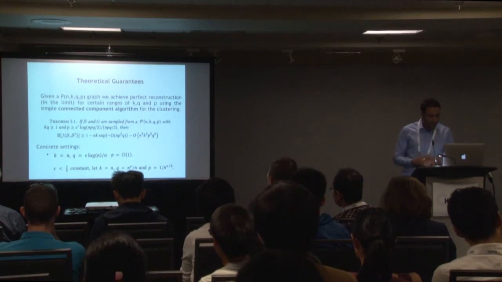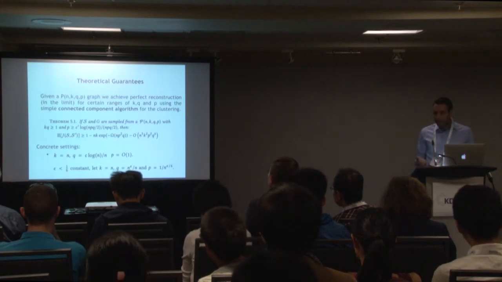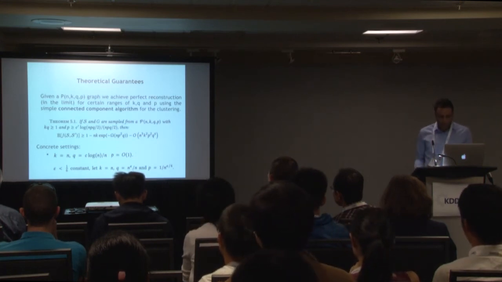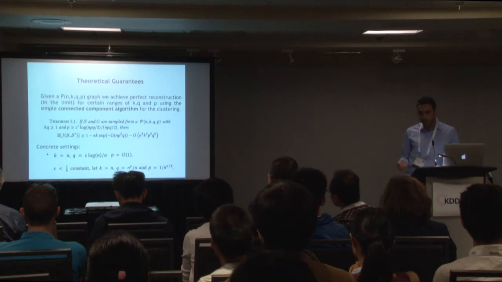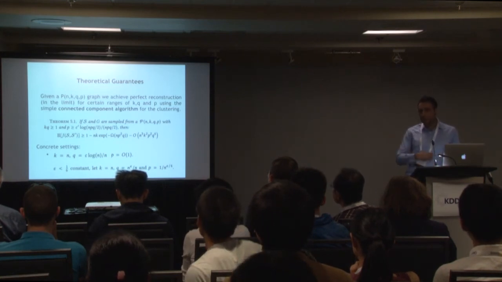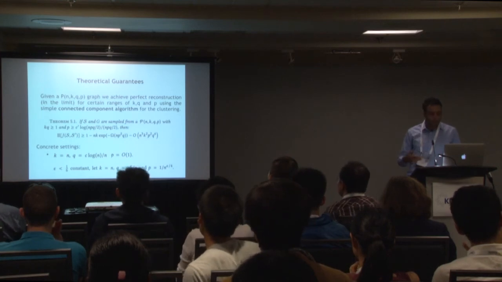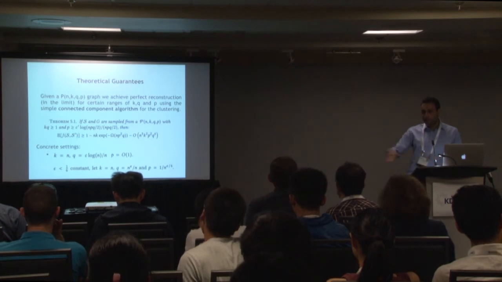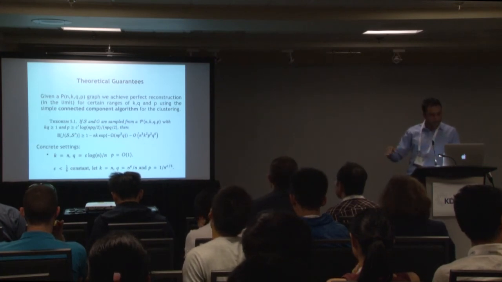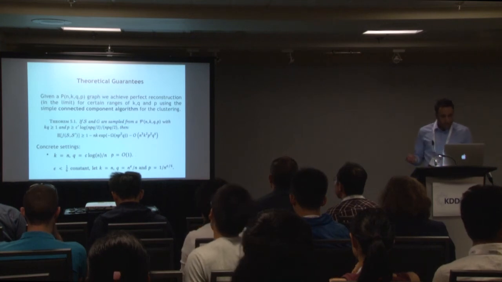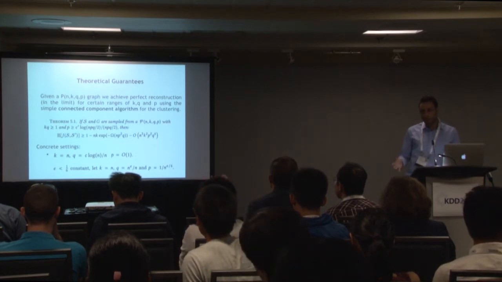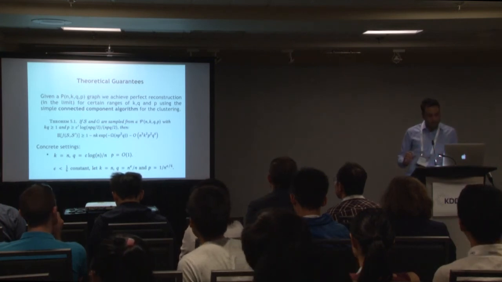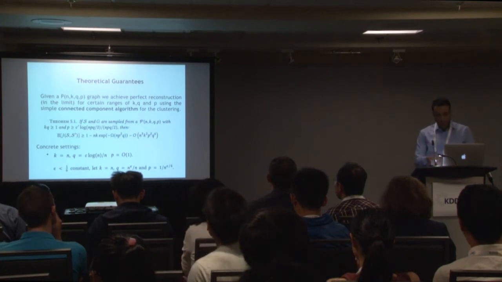And what we show is that even with this very simple connected component algorithm as the basis of our framework, for certain parameters of n, k, p, and q, it is possible to achieve perfect reconstruction in the limit. What does this mean? It means that for n going to infinity, if p, q, and k are a certain function of n, these algorithms converge to exactly outputting the correct clusters. More precisely, we show that the expected Jaccard similarity between the clusters that we output and the original clusters is at least 1 minus these specific functions of p, n, and q,